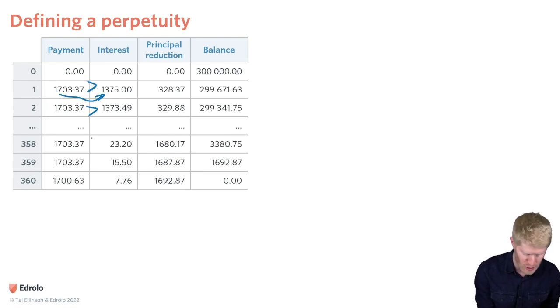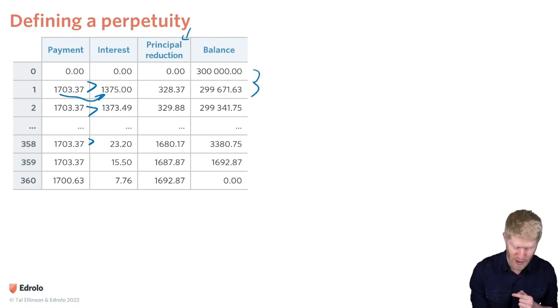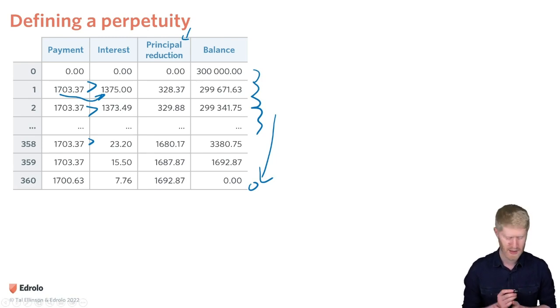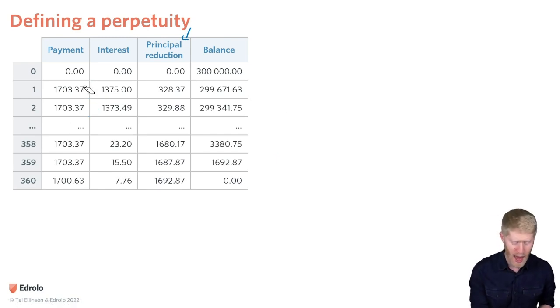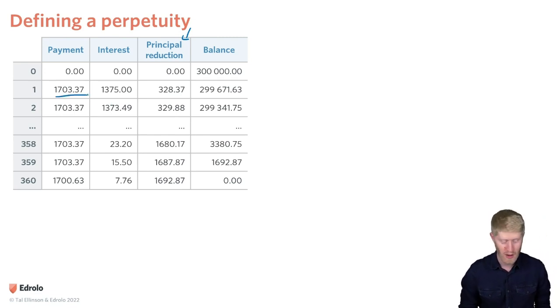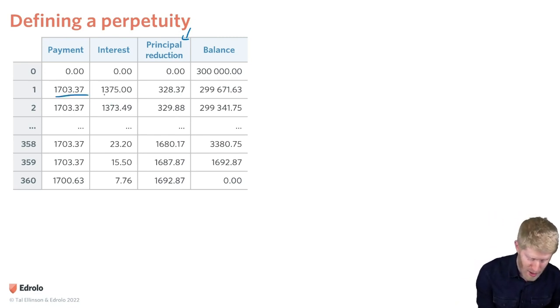They're larger than the interest rate, which is causing a reduction of principal. It's causing the balance to go down over time, eventually to zero. Does that make sense? What if you came along and you decided, hang on, I don't need $1,703 a month to live off. I can manage with